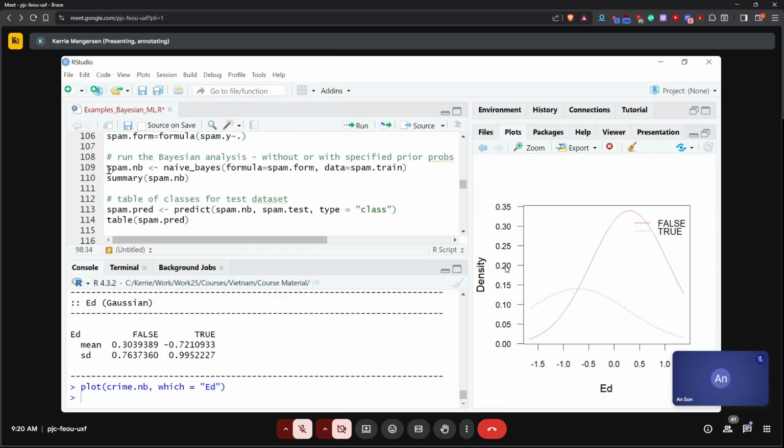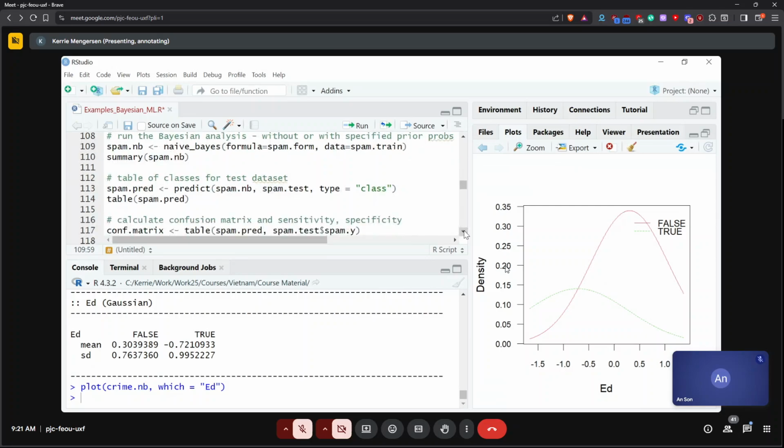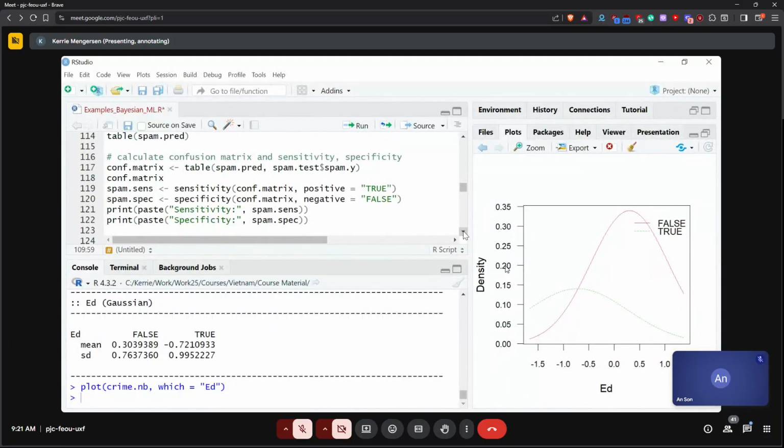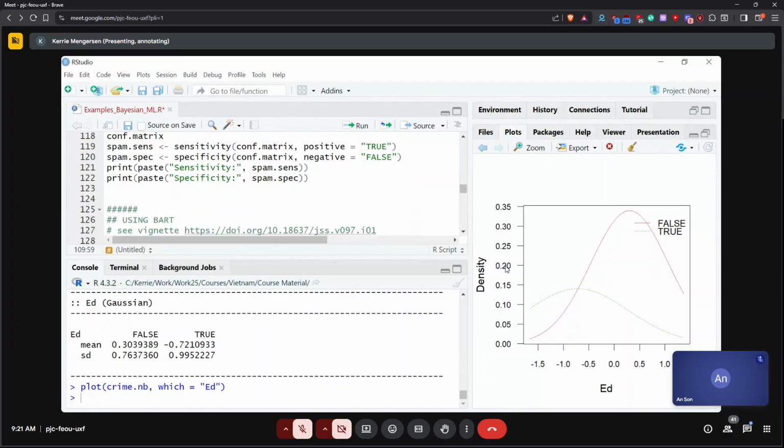Then run the Bayesian analysis. You can see here on line 109 is just the way that we run naive Bayes. We say naive Bayes, we tell it the formula that we've given, and then we give it the data. You can look in the package to see the other kinds of changes you can make, but I wanted to show you just how easy it is to run these sorts of Bayesian machine learning models using R. And then again, you can make the confusion matrix, see how good the prediction is, and you can plot some other things. Okay, is that helpful?